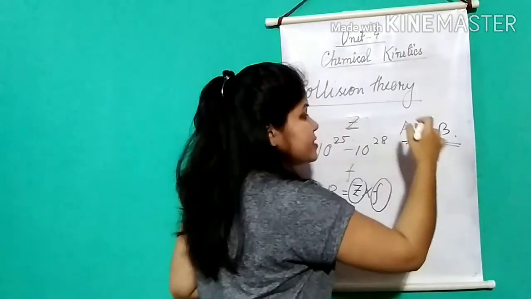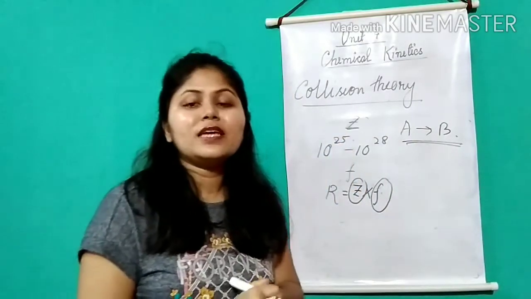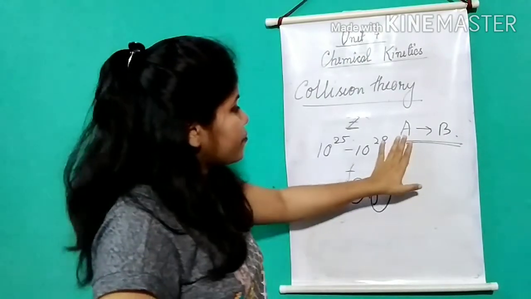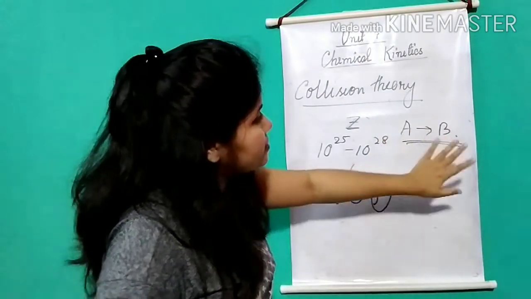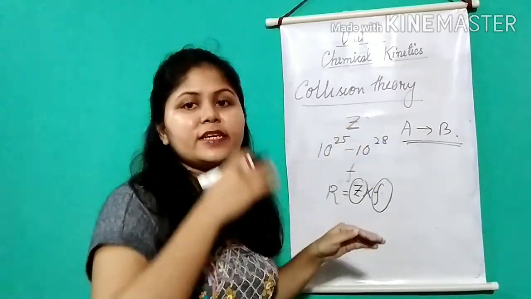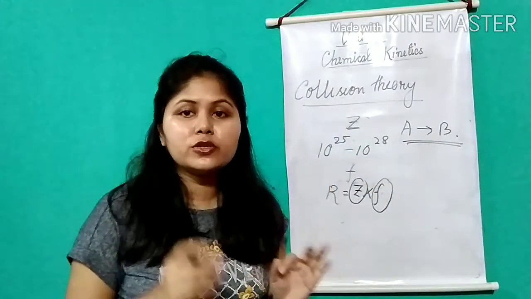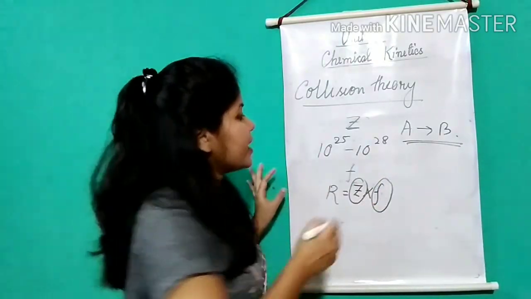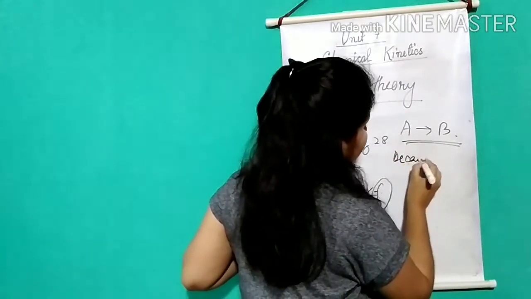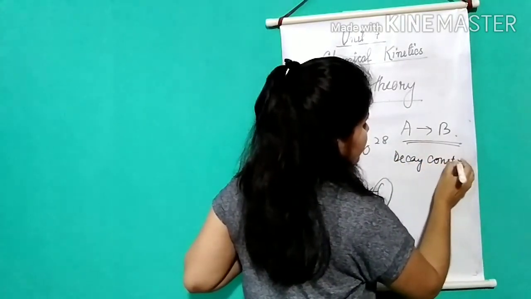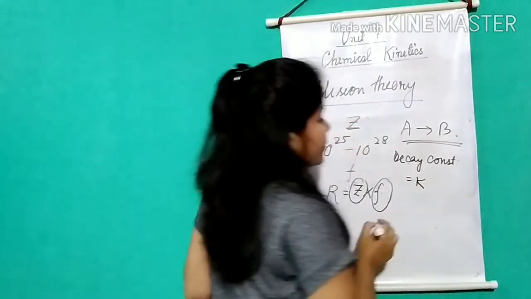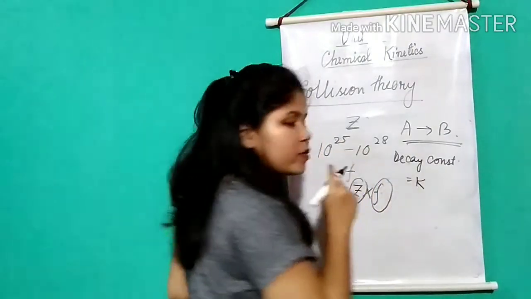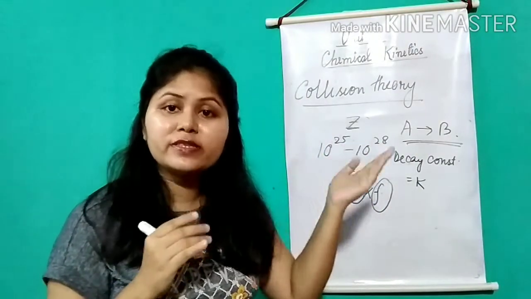So A is disintegrating. Decay constant comes in the case of radioactive elements also. Decay means decreasing, it decomposes. So element A is disintegrating to form element B. For B to form, element A is disintegrating, decreasing. So in that case we call it the decay constant. One constant will come for this radioactive element, that is K, and this K is the rate constant, and this is the decay constant.